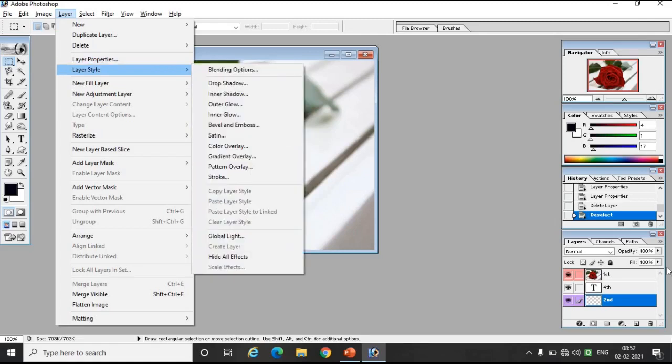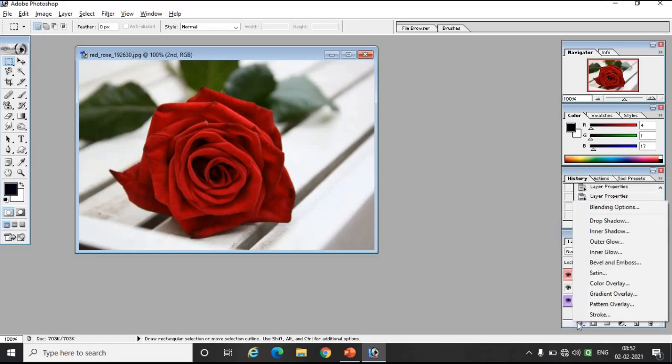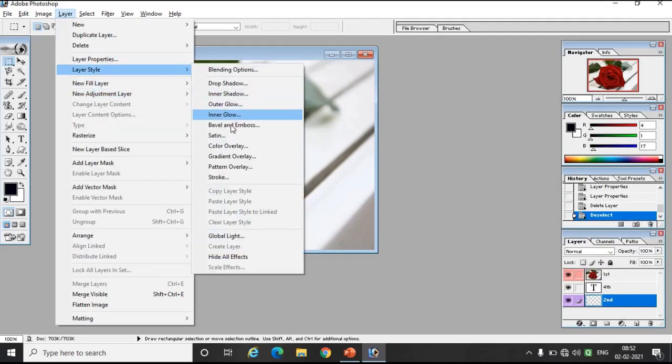or else you can come over here, and from here as well, when you click, you will find different layer styles. This one is the shortcut, and the long way is to click on the layer menu, click on the layer style option, and from here whichever layer style you want you can select.